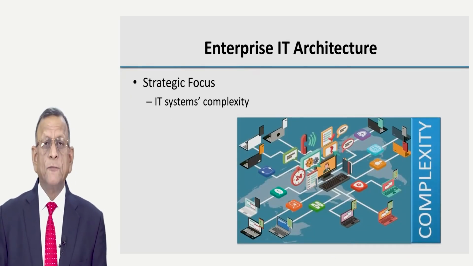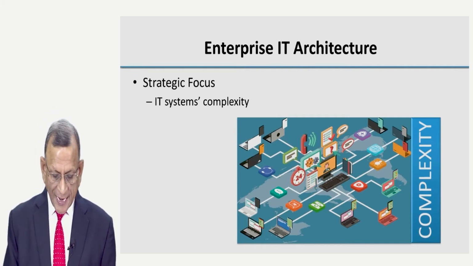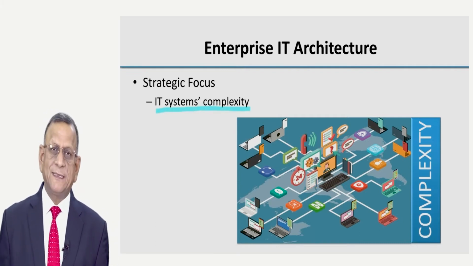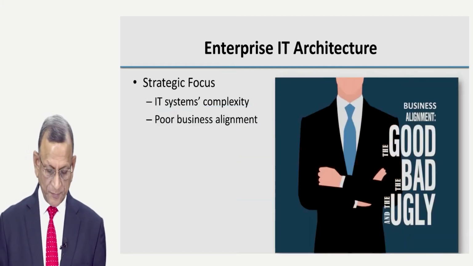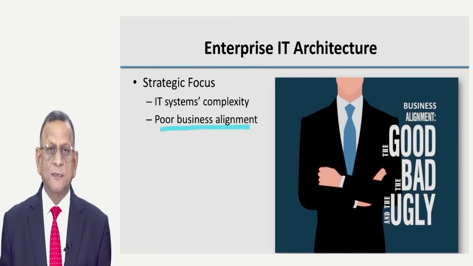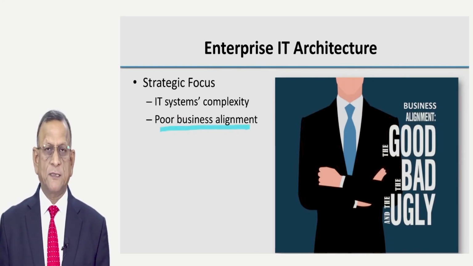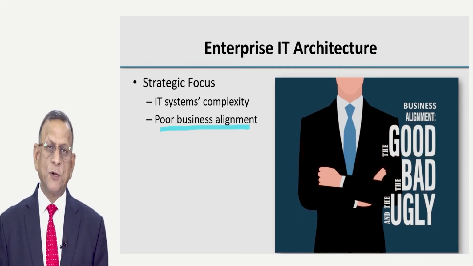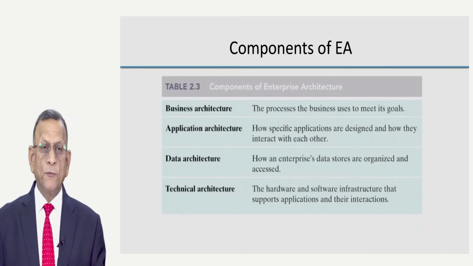So, what is the focus of this IT architecture? IT systems complexity. Let me reduce it as far as possible. Poor business alignment. Let me align my information systems with the business. It must respond according to the needs and demand of the business. We may have four types of